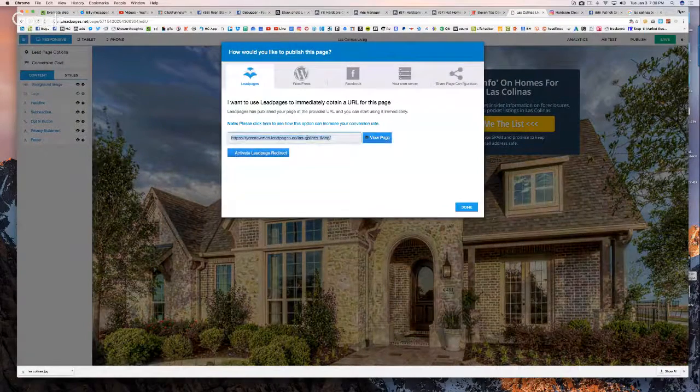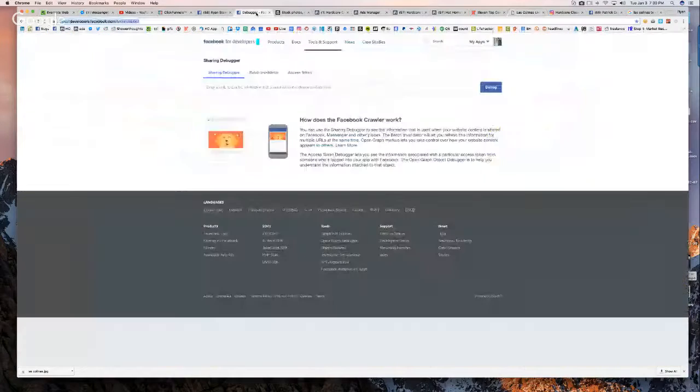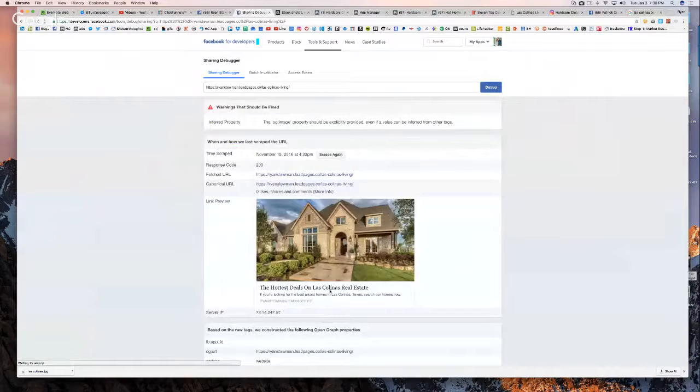Now, the next thing that you got to do, and I've already included the link to this as well, but you have to go over to here to something called Facebook Debugger. It's developers.facebook.com/tools/debug, but don't worry, we're going to drop the link in there. And so what happens is we can paste this lead pages link in there and we hit debug and it pulls